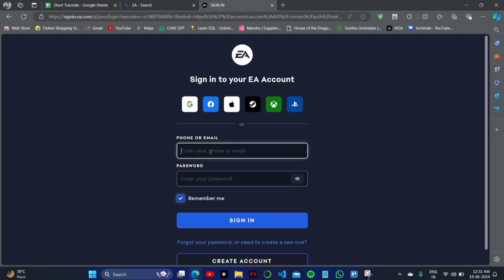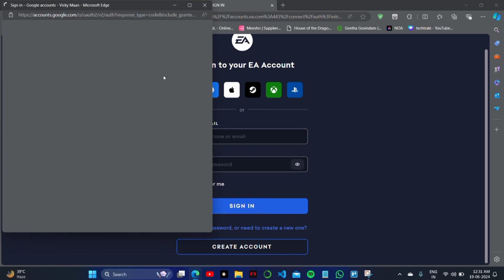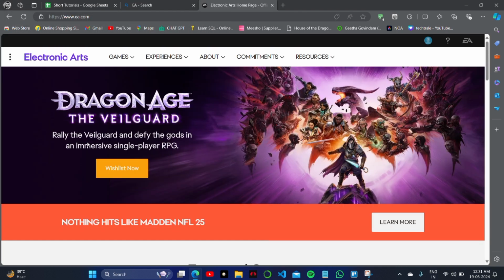You have to sign in with your email address and the password you created while creating your account. And if you don't have an account, you can simply create it. I will simply click on my Gmail account and log into my account right now, just in front of you. Now, this is my home page on my account. Once I have logged into my account here, I will click again on Electronic Arts and go